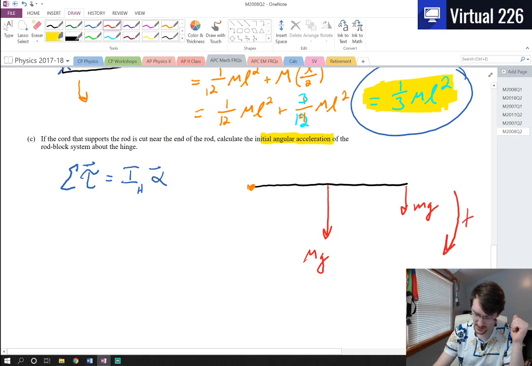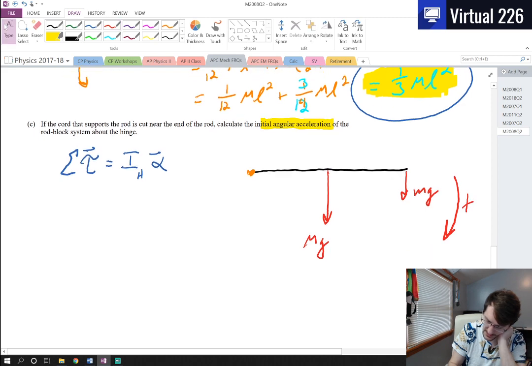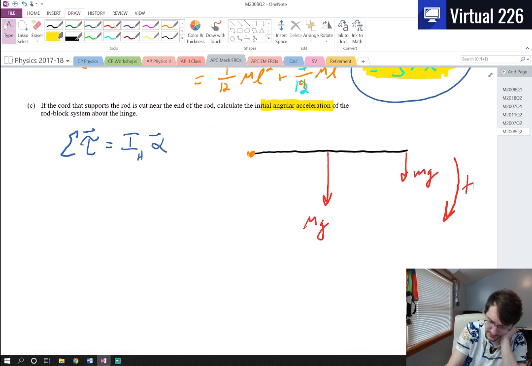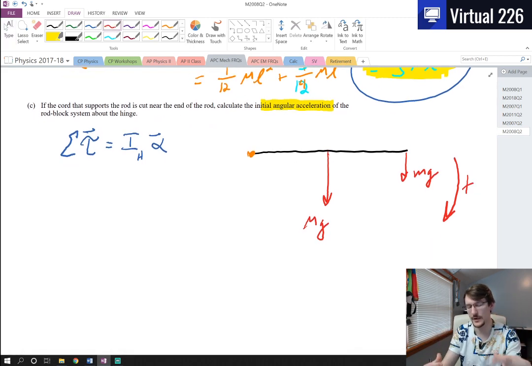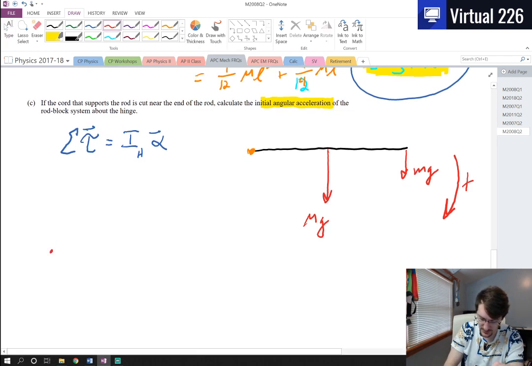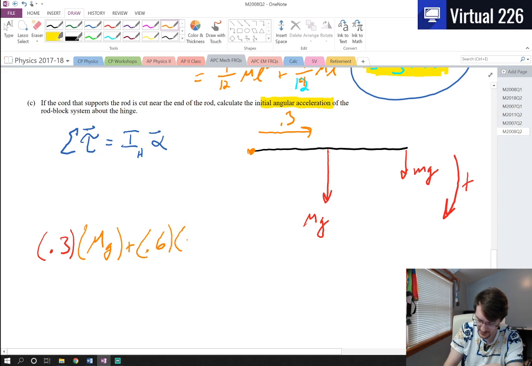So all we have to say here is that our torques, which are, once again, a radial distance, a moment arm, times the force, that will be a radial distance of 0.3 in order to get to the center here, times mg, plus, because we're rotating it in the same direction, 0.6 times little mg. That's going to equal